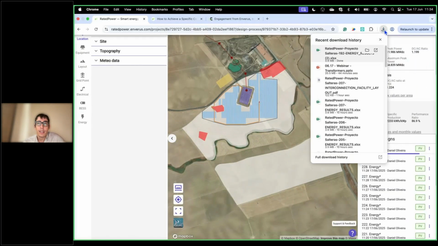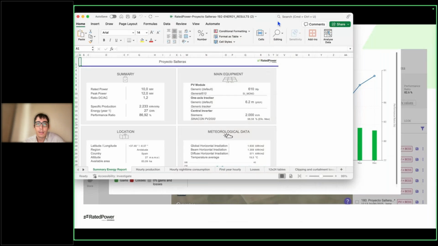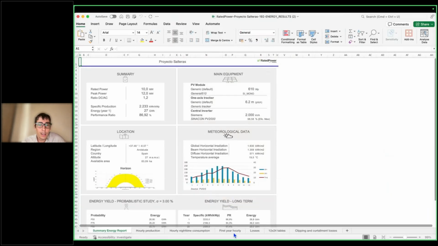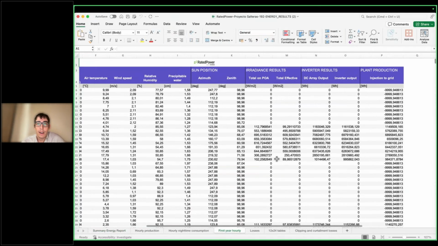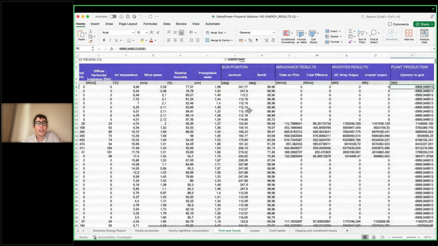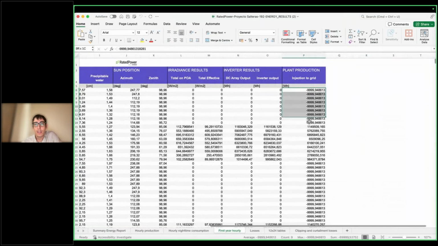It is an Excel file that, for example, in the first year hourly, we can check in the hours that we don't have any production, we have some nighttime losses associated with the transformer losses. This value, in this case, is exactly